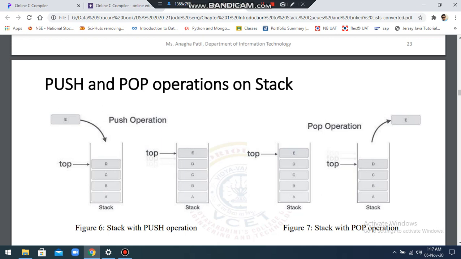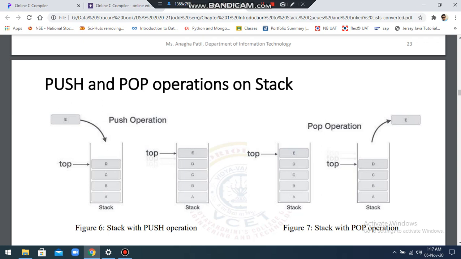If that element is E, it would be added at this side, because this is the end from where the stack inserts an element. Here we need to do just one thing, incrementing the top, so that our top will point to the topmost element. So this would be the final stack. E would be added at the top and your top would be pointing at E.